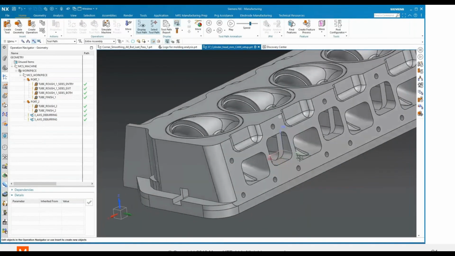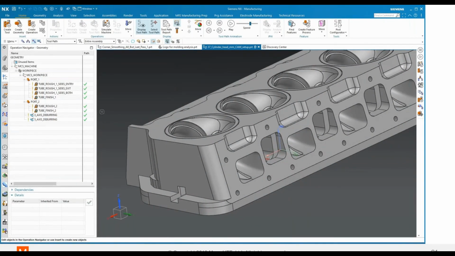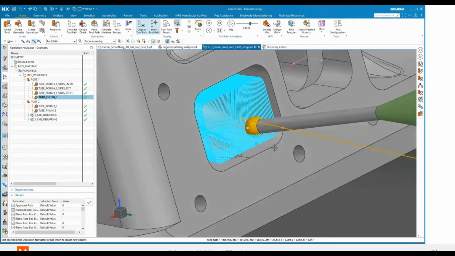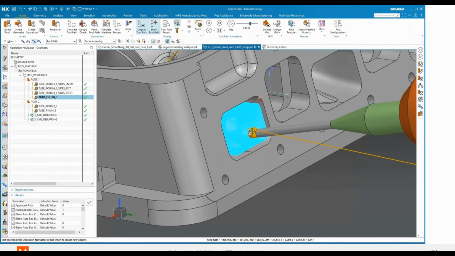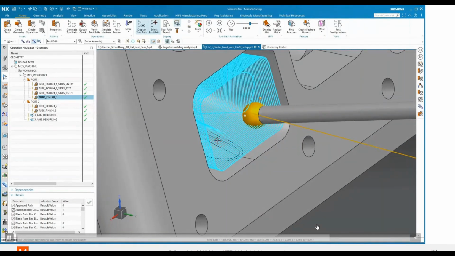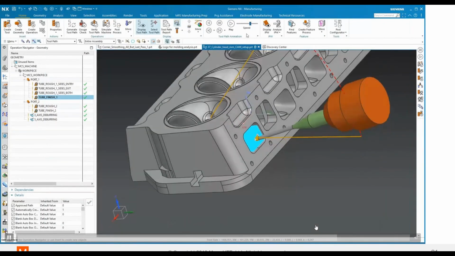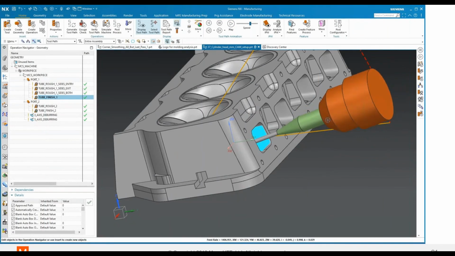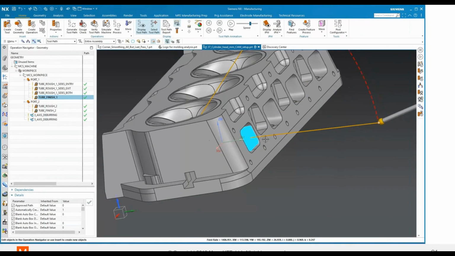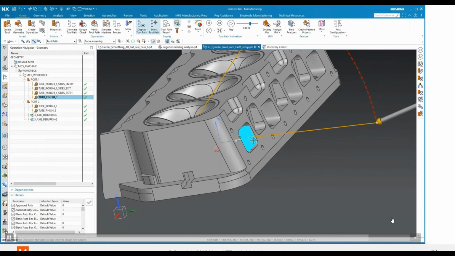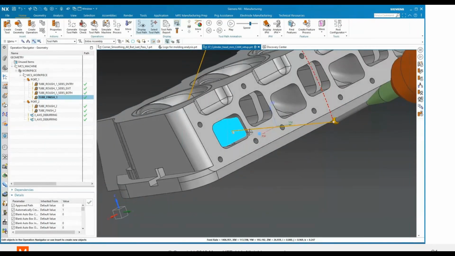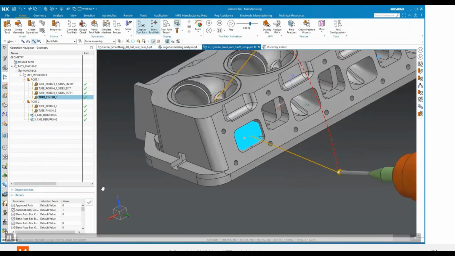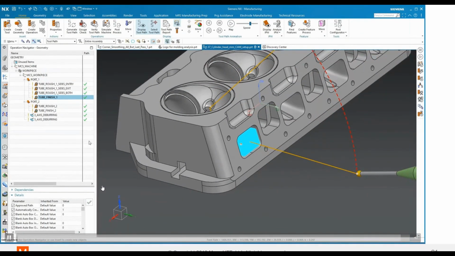While I have the cylinder head up on the screen, let's look at another specialized case of finishing. It's called our tube finish command, and it's similar to some of the other finishing functions that we have in that it does a great job of placing a helical toolpath through the part. But as we play it, you'll see that it understands that its access inside the port is limited, and it will change that tool axis angle as it gets deeper inside the port. So if you have a finishing operation that requires work on the inside of a tight space like that, our tube finish command might be a great option for you.